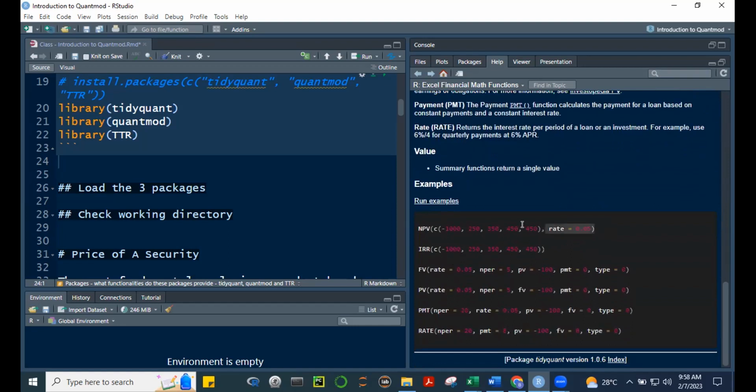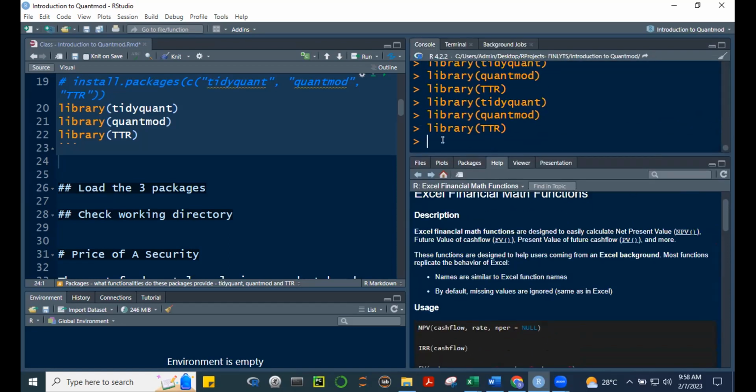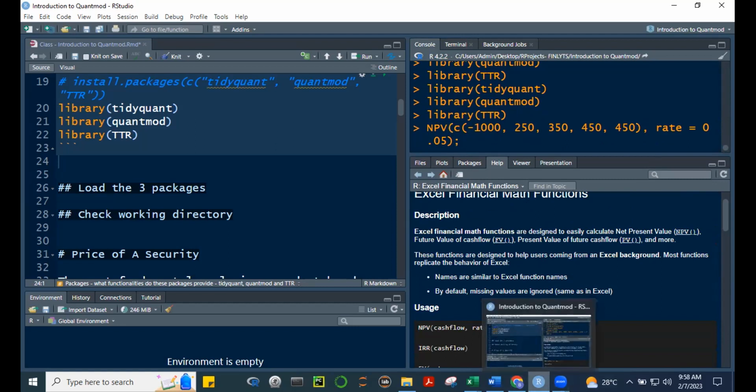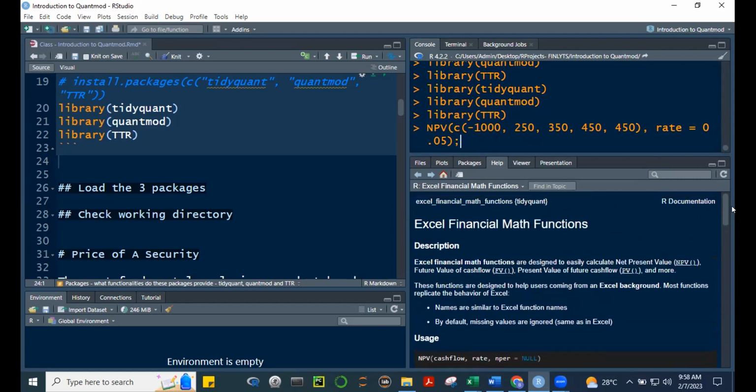And there are examples here. Okay, for example, this one, let's just use one example, Control C. Okay, I'll put it here, Control D. Okay, so here we're creating a cash flow. This is cash flow for year 0, year 1, year 2, year 3, year 4. And the rate is 0.05. We can easily compute for the net present value of that. And let's also compute for, let's see here,